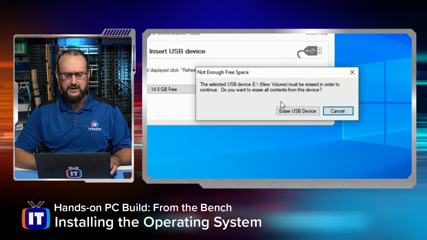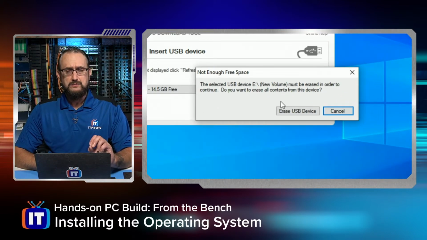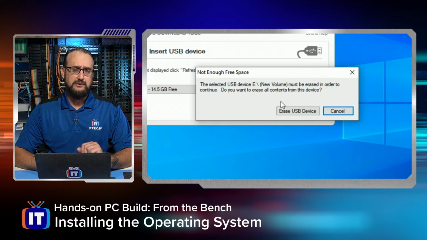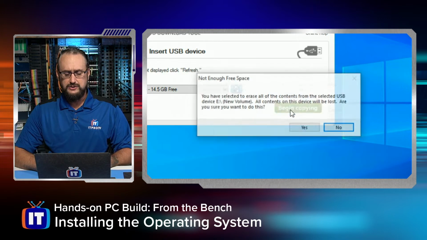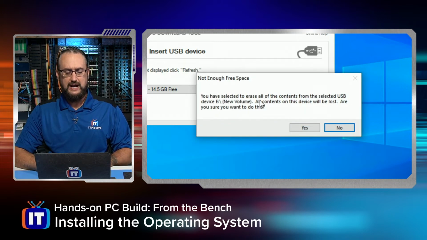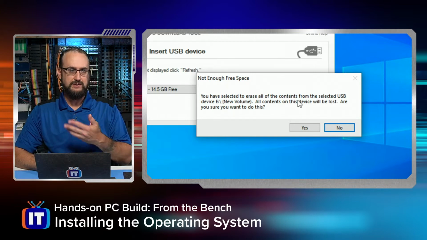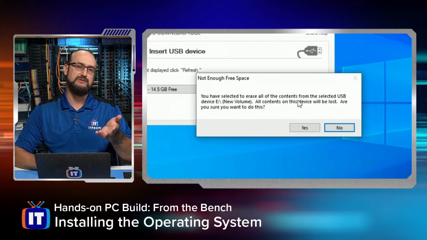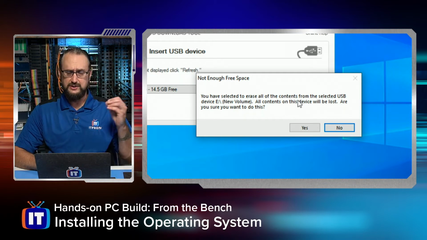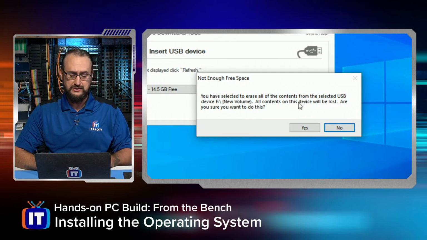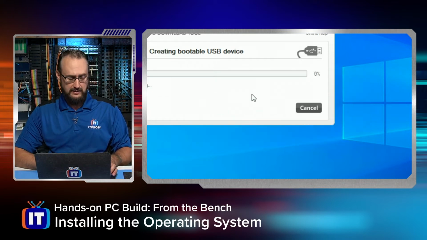And then it's going to let you know that you're going to have to erase all the contents. So don't worry about formatting. You don't have to pre-format the thumb drive or anything. You can just choose erase this drive, and it's going to ask you to confirm this. That means all of the content that's on this device is going to be lost, because it's saying not enough free space, because I've already got a partition. It's already formatted prior to using this utility. I'm going to say OK with that.